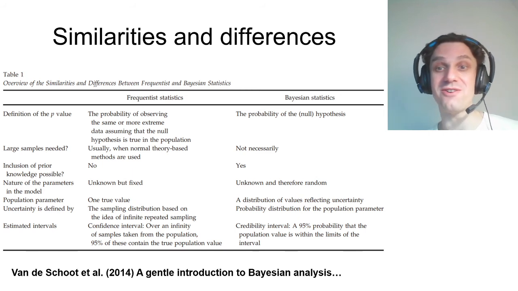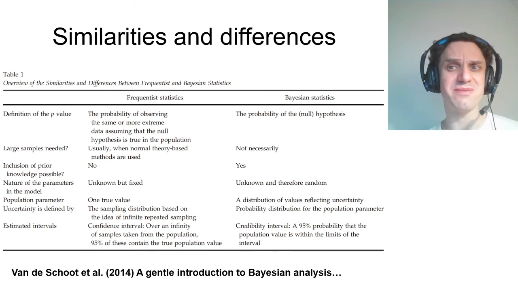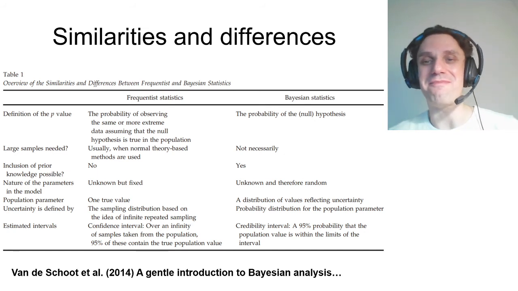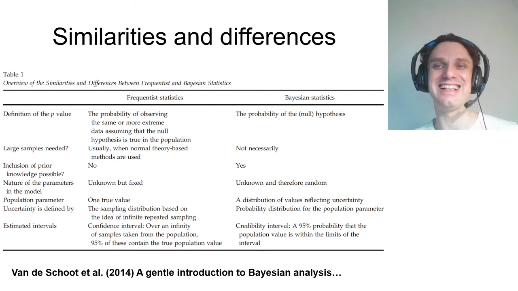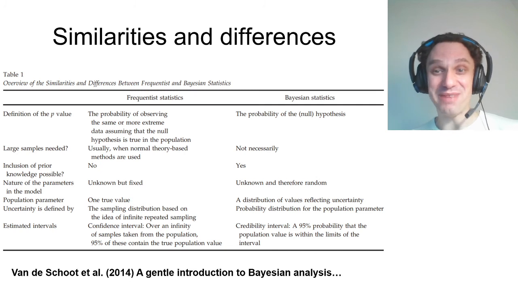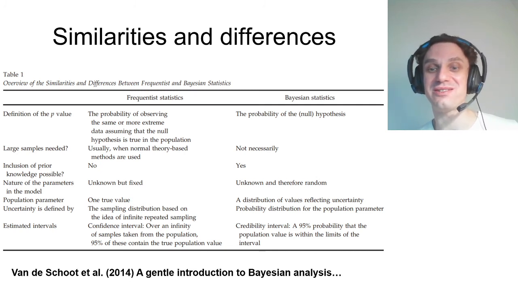That's why if you are doing something simple like the t-test or a correlation or a binomial test, probably it makes no sense to use Bayesian statistics, at least at present. I'm not a super big fan of Bayesian statistics, as you can see. But some people are very optimistic about it, and maybe in a couple of years the situation will change completely.